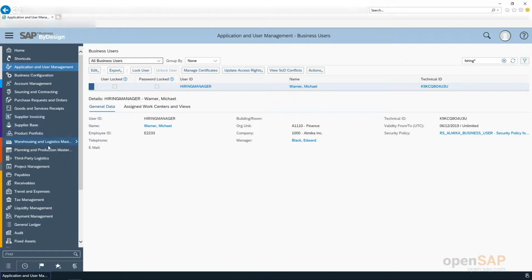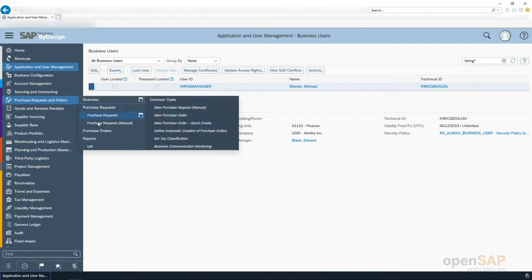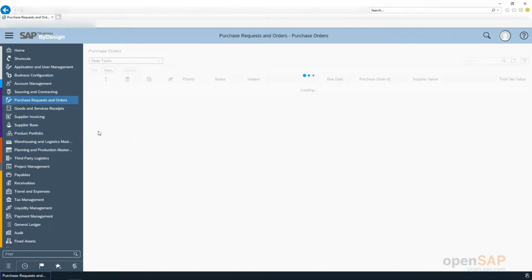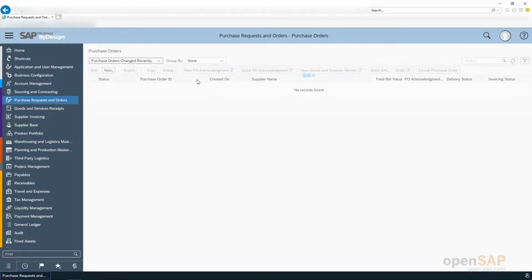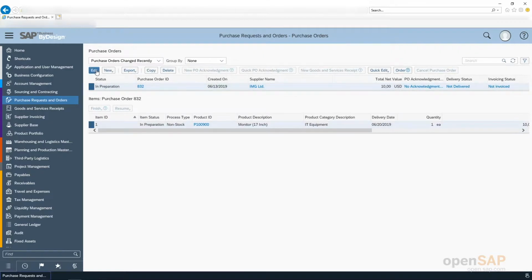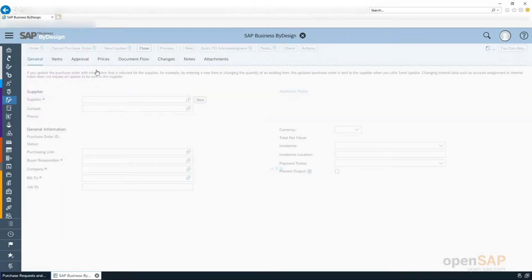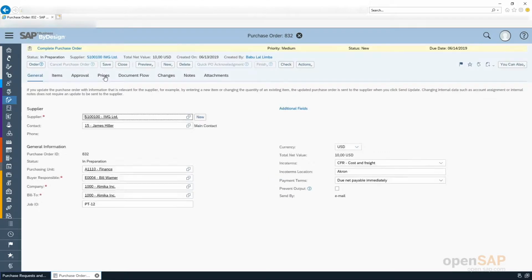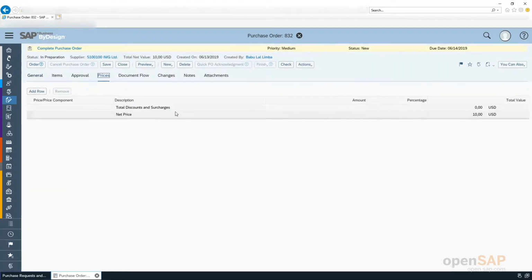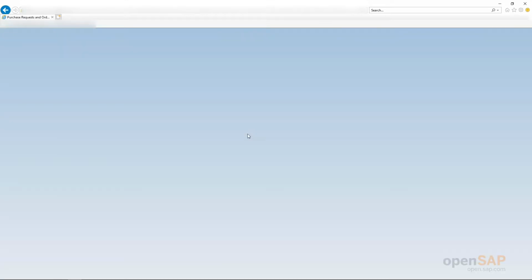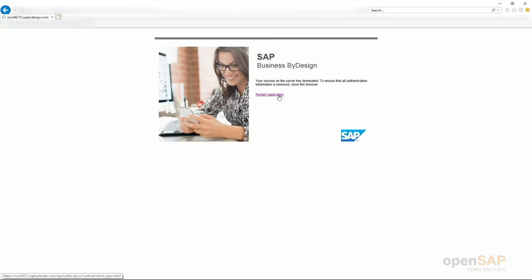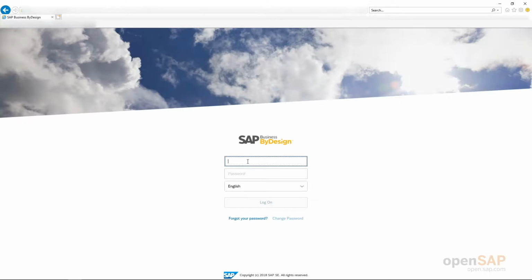So, now we can test basically. This is the admin user which is logged in. Let us check the purchase order data using admin, whether the prices tab is visible for the admin user or not. Let us open a purchase order, and you can see the prices tab is visible for this user because this is the admin user, which does not have the role hiring manager. Let us log off and log in again with the user hiring manager who has the role hiring manager, because this UI switch is assigned to the hiring manager role.